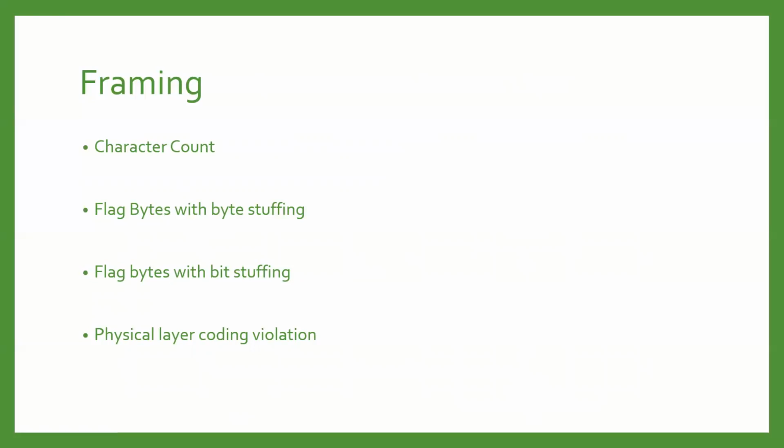So how will the frames be formed, and how are we going to provide the service to the network layer? The data link layer must use the service provided to it by the physical layer. Every layer takes services from the layer below. The physical layer accepts the raw bit stream and attempts to deliver it to the destination. This bit stream is not guaranteed to be error free, so the number of bits received may be less than, equal to, or more than the number of bits transmitted, and they may have different values. So it is up to the data link layer to detect, and if needed, to recover the data or correct the error.